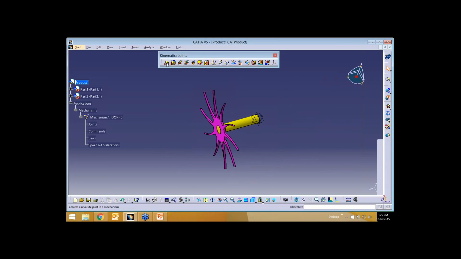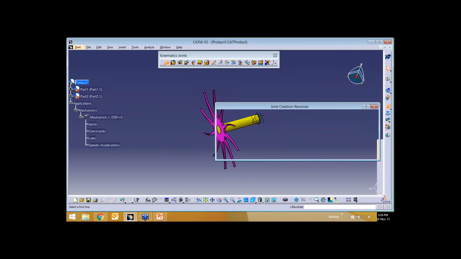Now I'm going to apply a revolute joint for these two different parts. I go for revolute joint. As I said, for revolute joint, I need two different things: line-to-line coincidence and plane-to-plane coincidence. For these two different parts, I'll give first my line-to-line coincidence. And plane-to-plane coincidence.